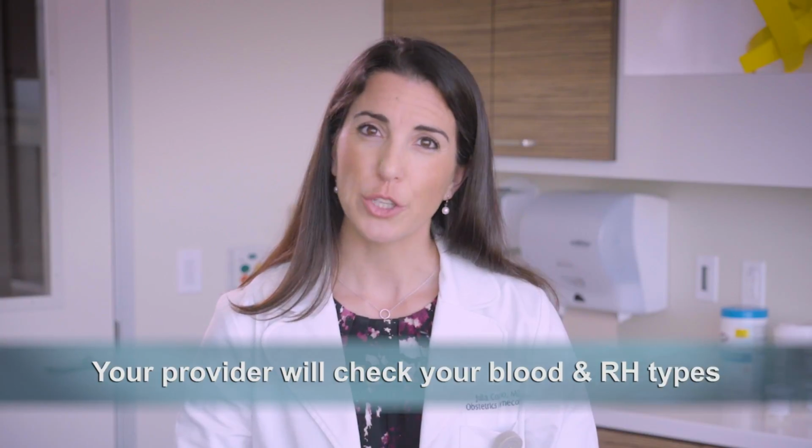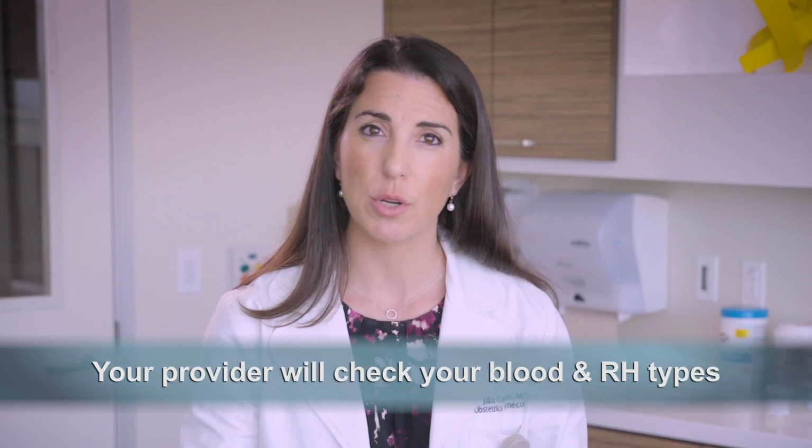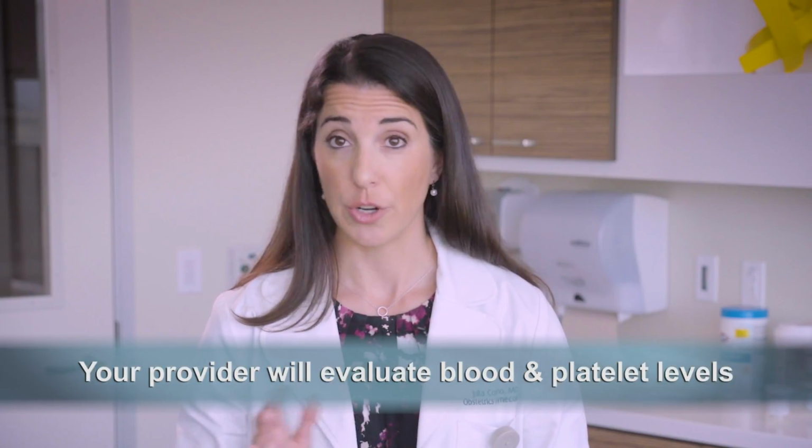Your provider will check your blood type and rhesus type, or Rh type, which is a specific protein on red blood cells that has implications for the health of your baby. Your provider will make sure you don't have antibodies to other types of blood that could potentially put your pregnancy at risk. Your provider will get a starting evaluation of your blood level and platelet level. This helps ensure that you're not anemic or have complications that could lead to dangerous bleeding during your pregnancy or